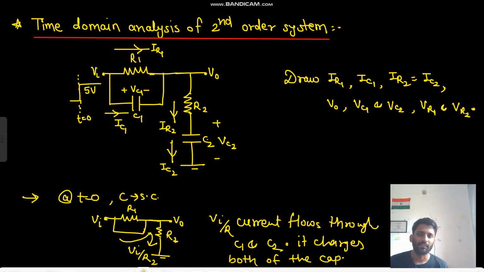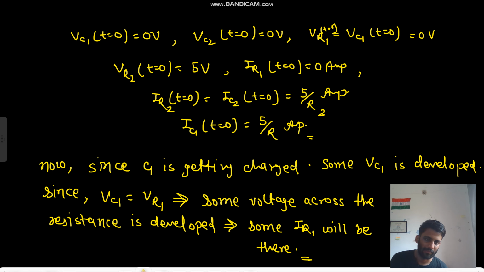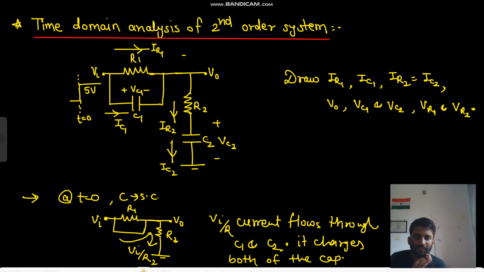right? Look, C1 is getting charged, so this Vc1 is developed. Since this Vc1 is developed, there will be some voltage across this R1, and because of that there will be some current flowing through the resistor. Capacitor getting charged, some voltage is developed, and because of that voltage some current is flowing. So there will be some finite IR1. Okay, now